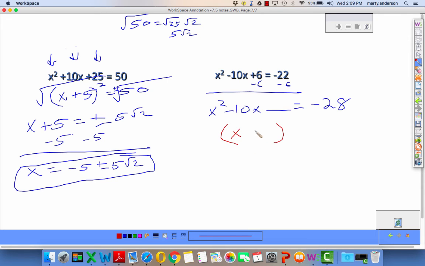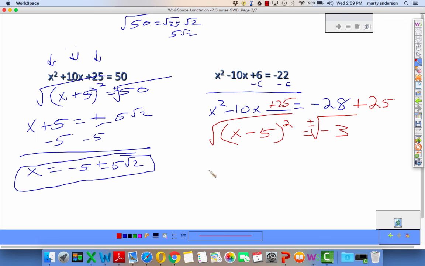Again, x, what goes here? Cut that in half, -5. Now I got to square it, plus 25. Whatever I add to one side, I got to add the same thing to the other side. And I get -3. So let's look what we did here. I got the x terms by themselves, and now I completed the square. Remember, this is -10 divided by 2. Square